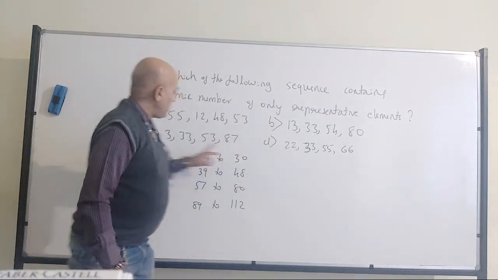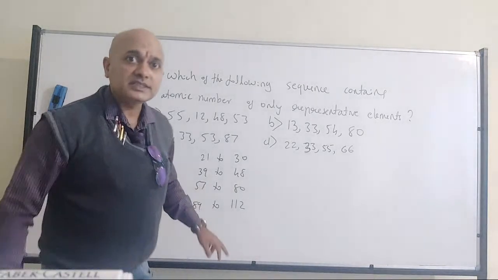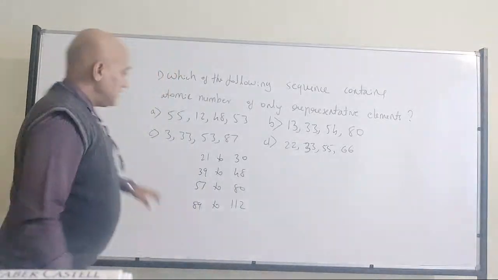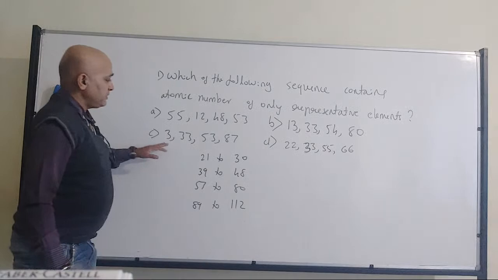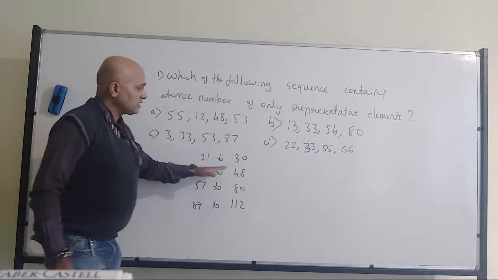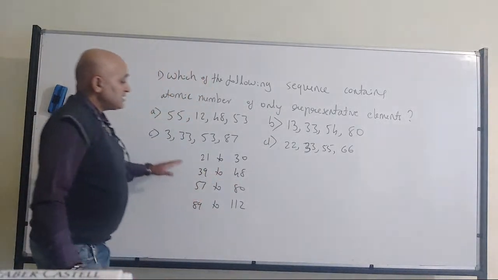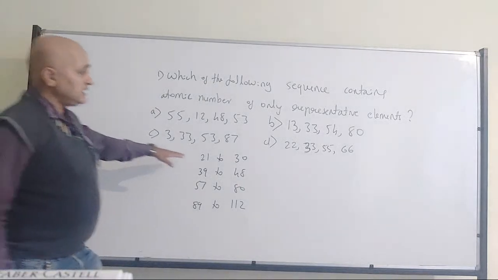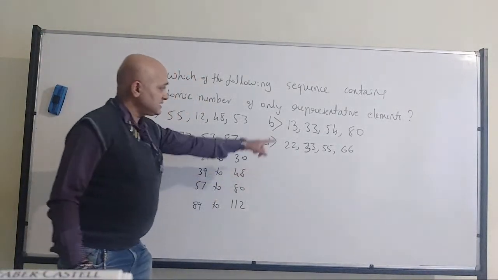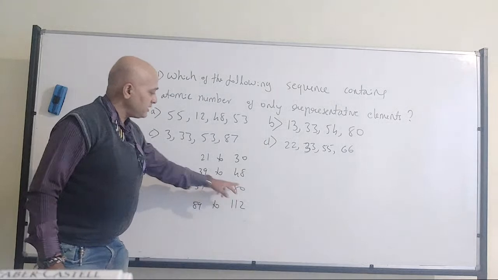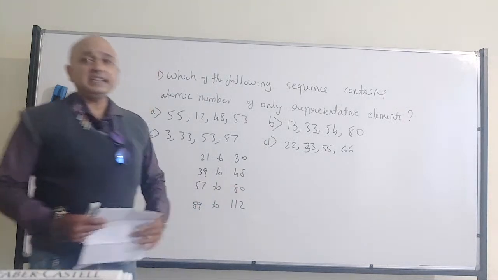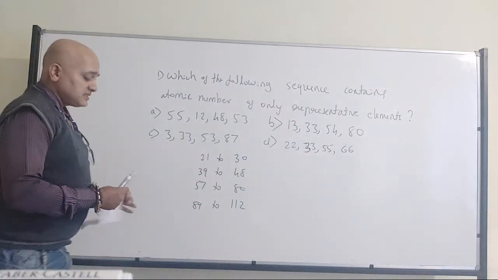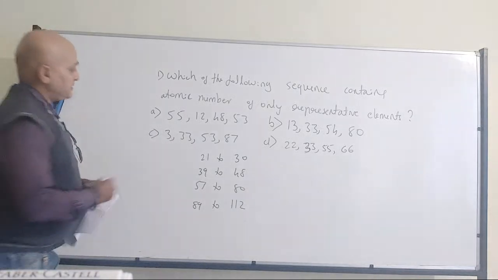Then comes option C. Someone has written option C. Oh, many of you. Yes, option C should be the answer because these numbers are not there here. Right? So therefore it should be option C. B, it is there, 66. Somewhere it will come in between 57 to 80. So therefore option C should be the answer.